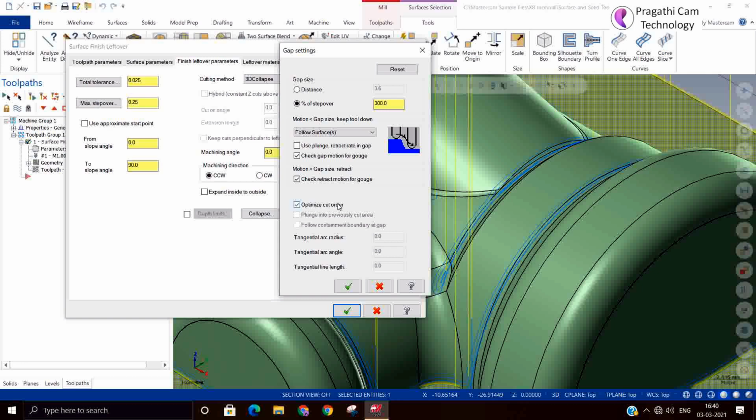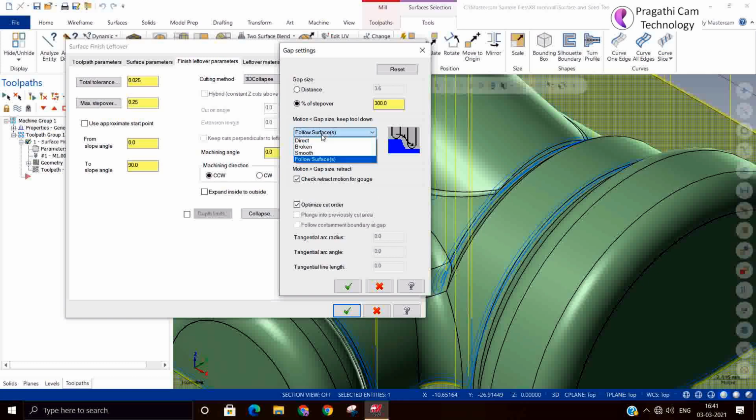Okay, so another thing is optimize cutter. We always use this particular option. Suppose materials are there in all the places. If you switch on optimize cutter, where the material is nearby, there it will go. It will not go everywhere. So the nearest place it will search and it will machine.